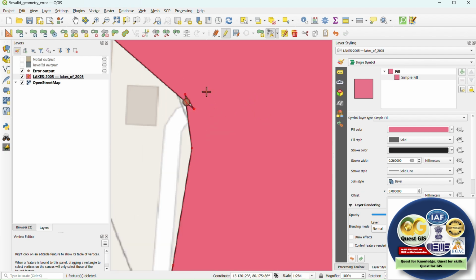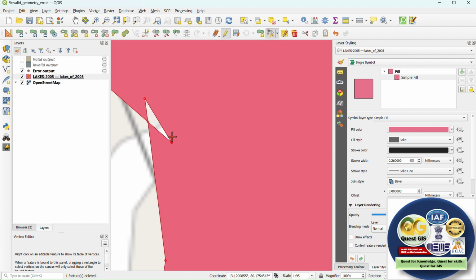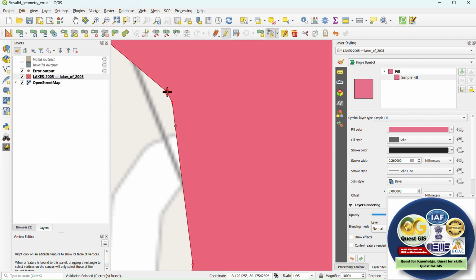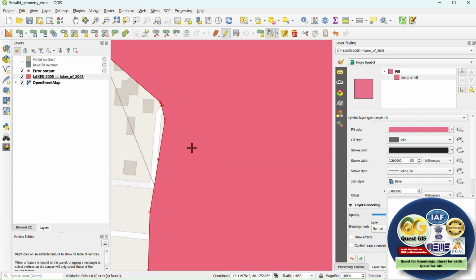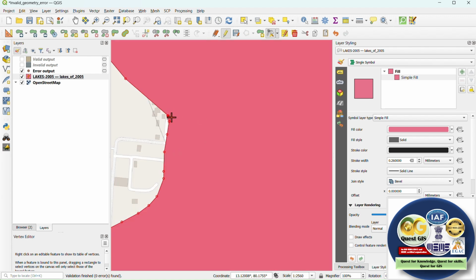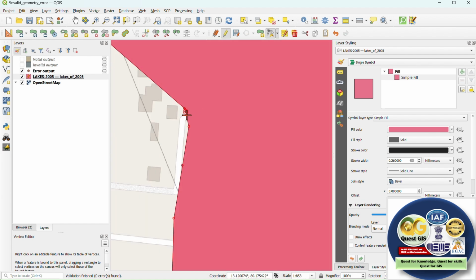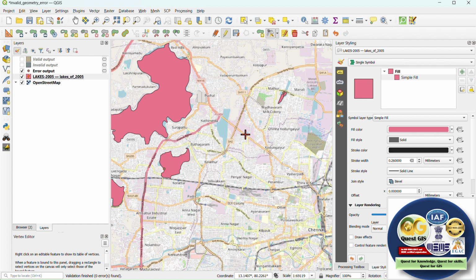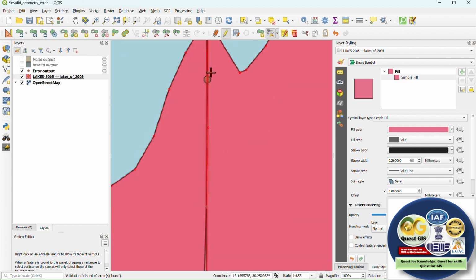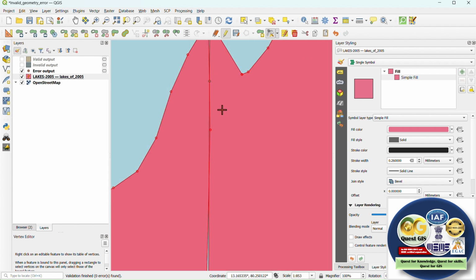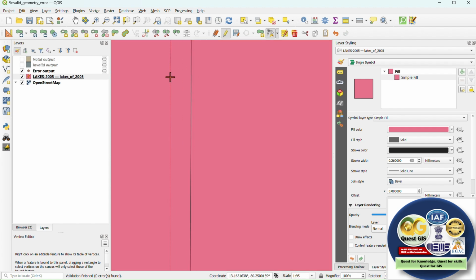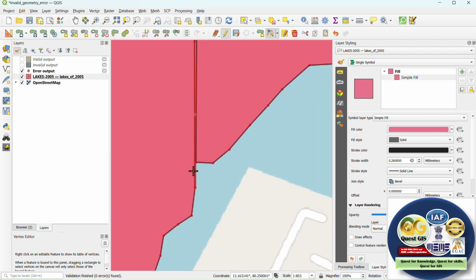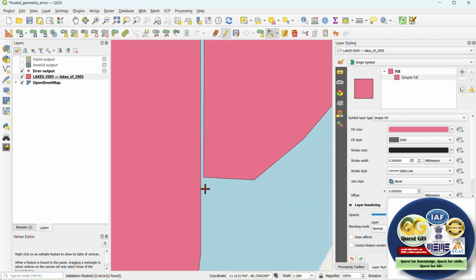Maybe you see here you just have a tangle. So here you can just move your vertices, and your geometry will become valid. There was just the tanglement, so you don't have to delete this particular feature. Let's see what the problem is with another one. Again, I think there is overlap, and it was the same problem you had with the first one.